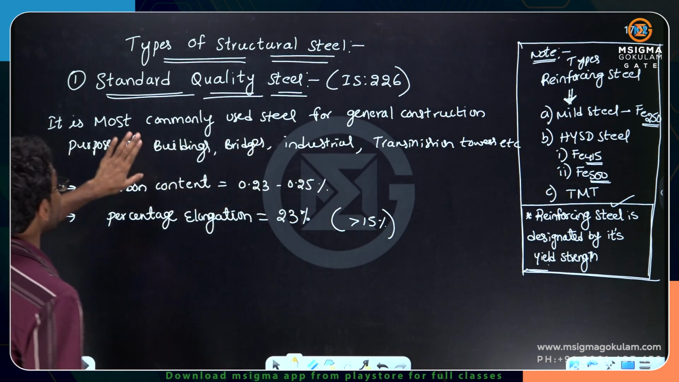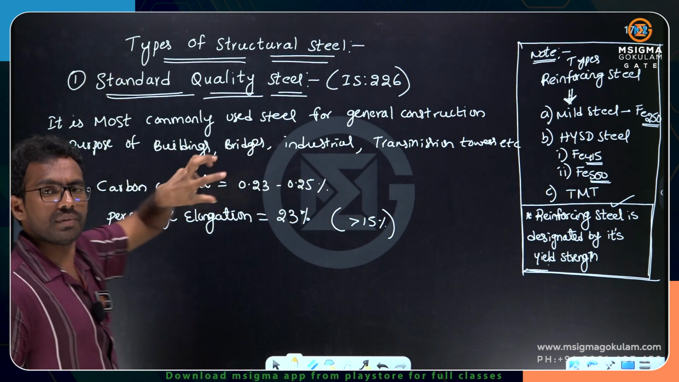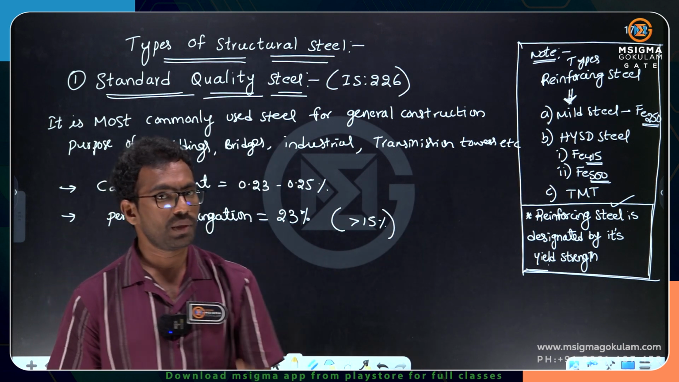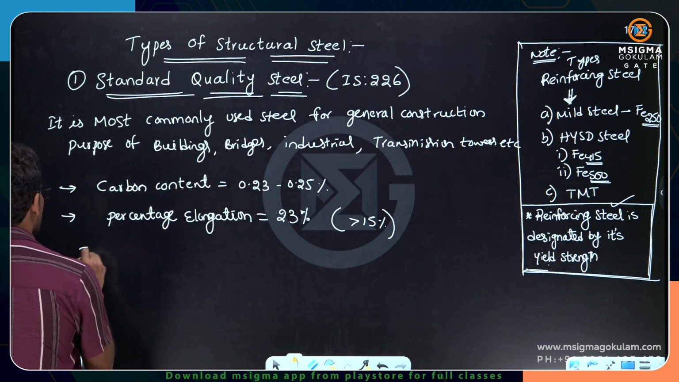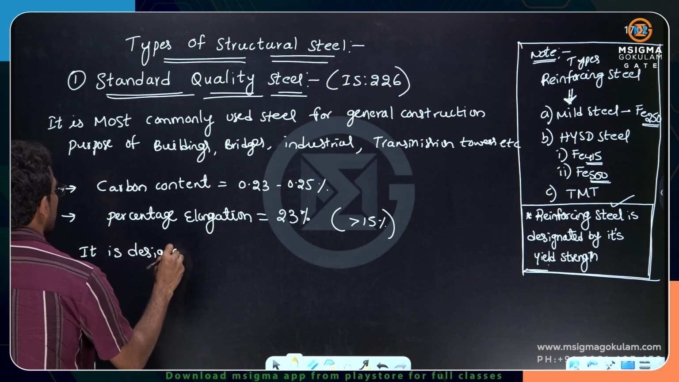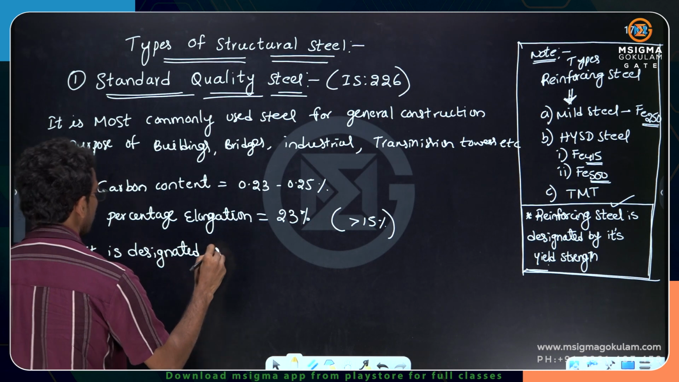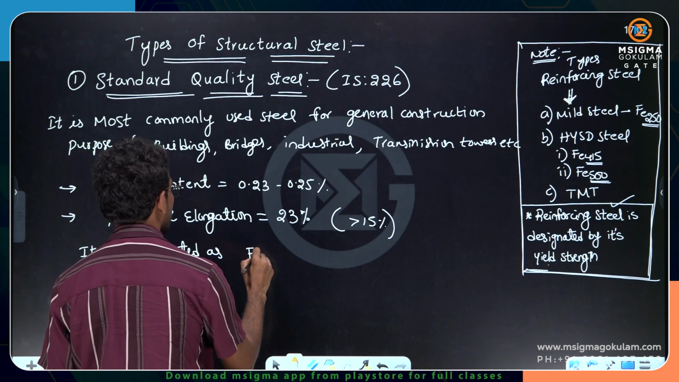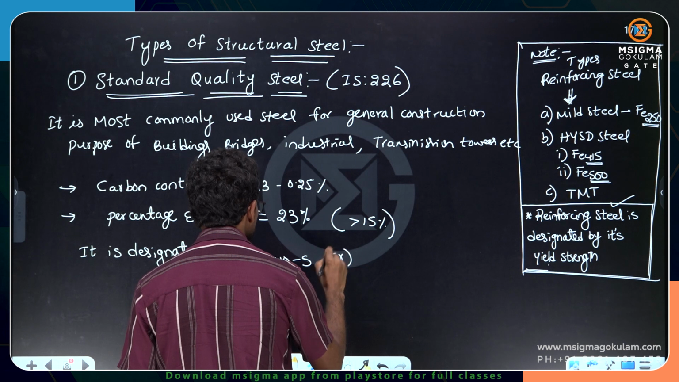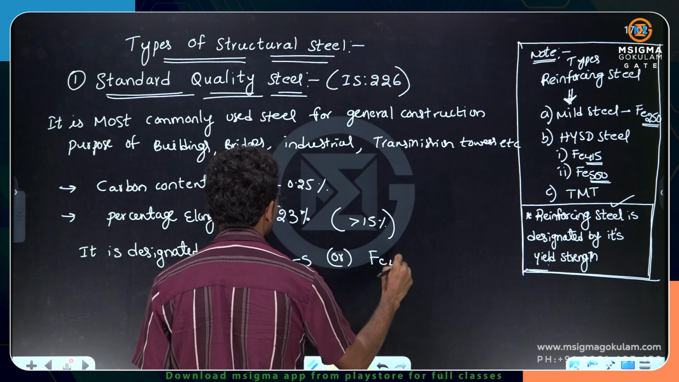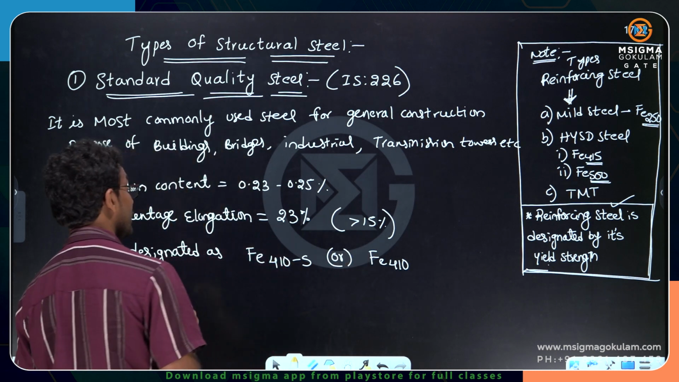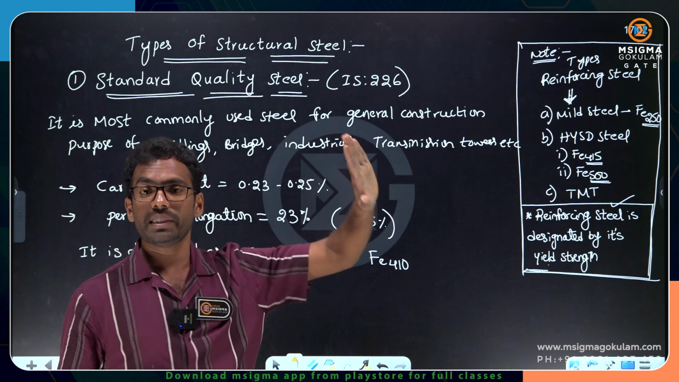Similarly, standard quality steel also has a designation. But what way are we going to designate it? Very simple. We can designate it with the symbol Fe410S, or we can also designate it simply Fe410. See, please understand dear students, as per the recommendations of IS 800